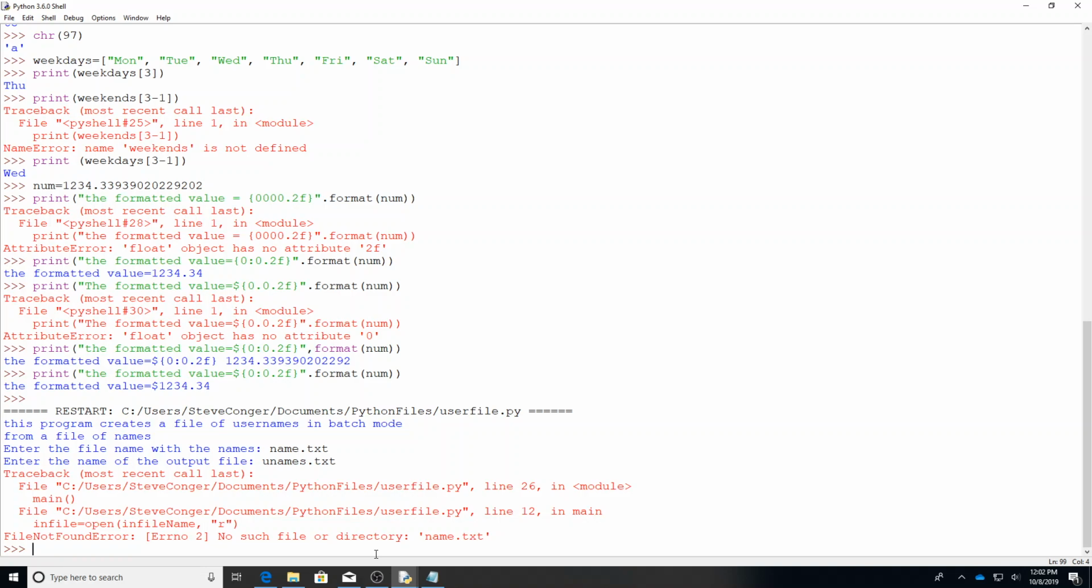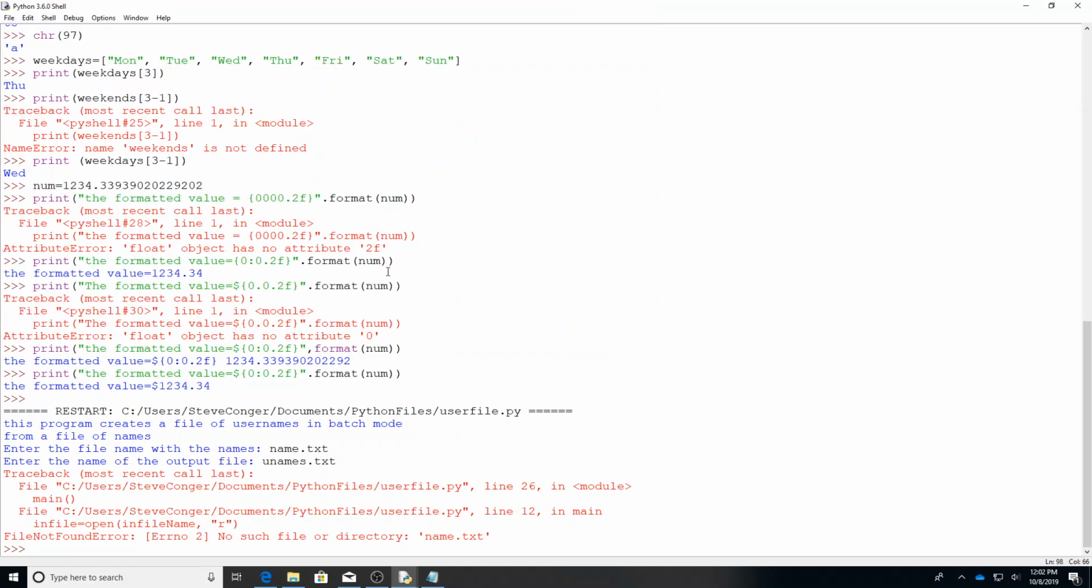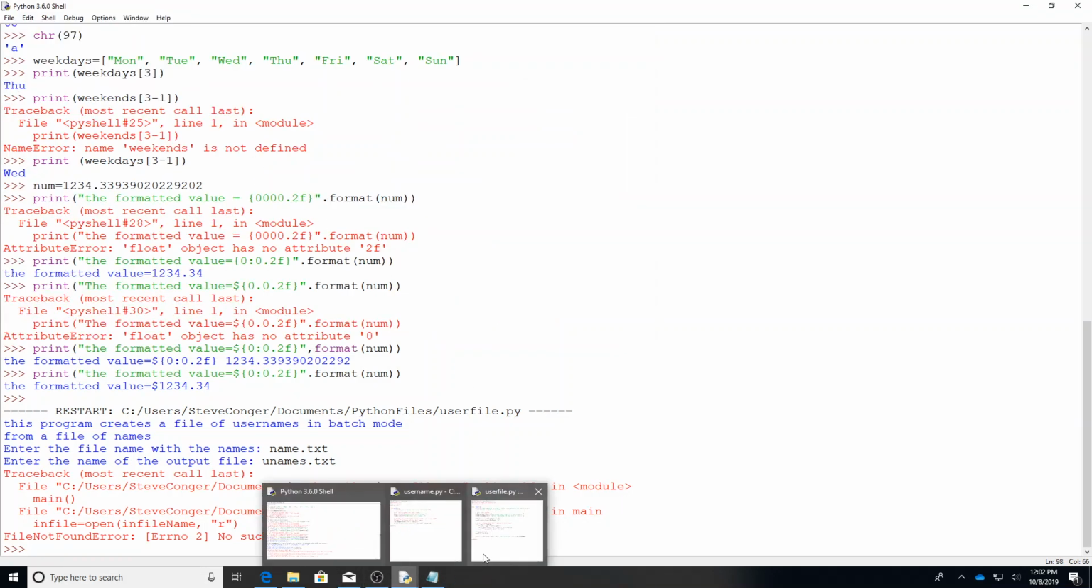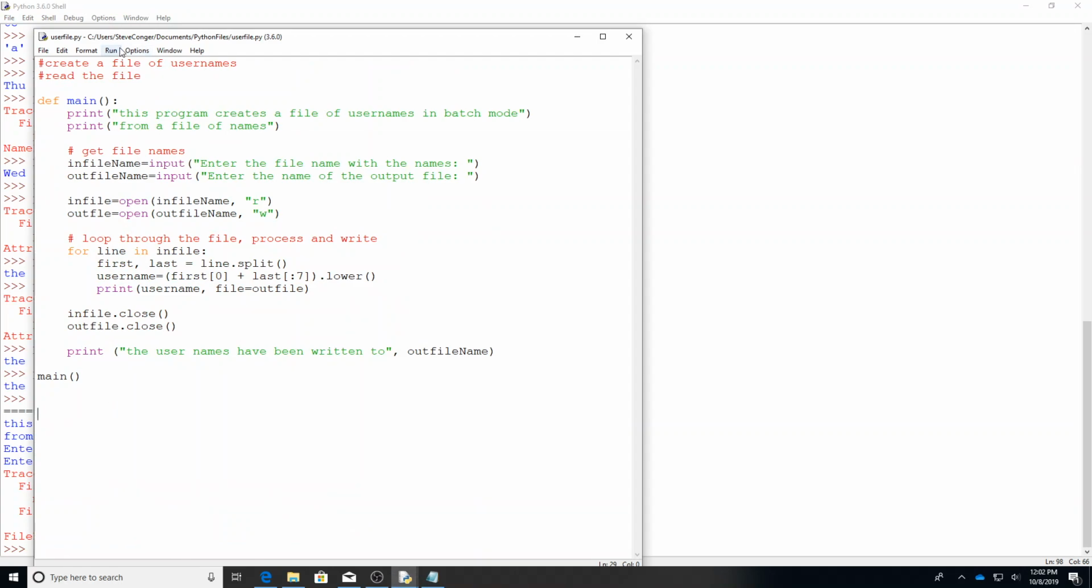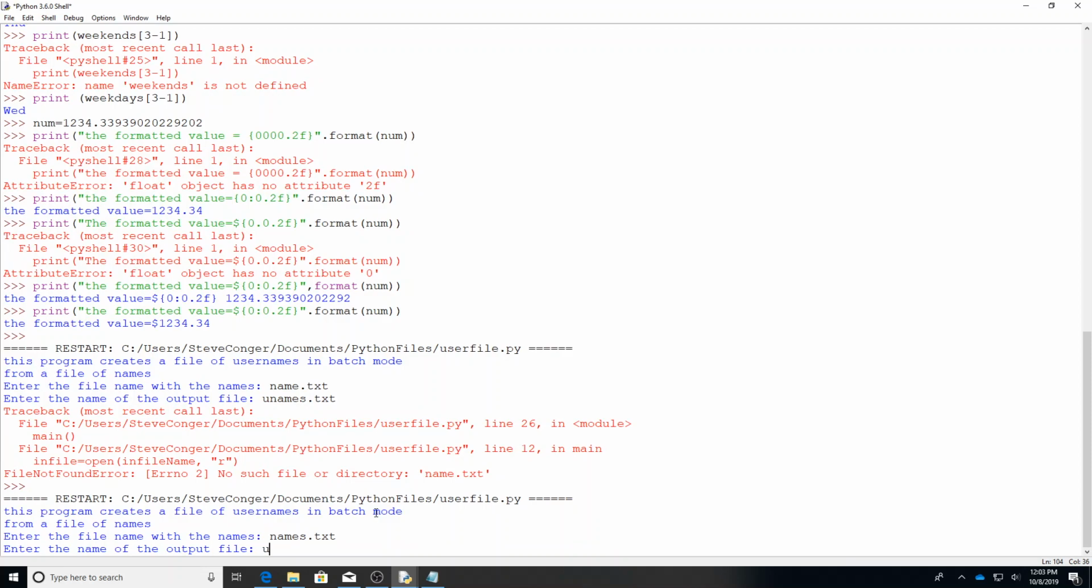It didn't find name text. Was it names? Yes. All right, let's try it again. The name of the file has to be correct. So let's do run module. So it's names.txt. The out file will be